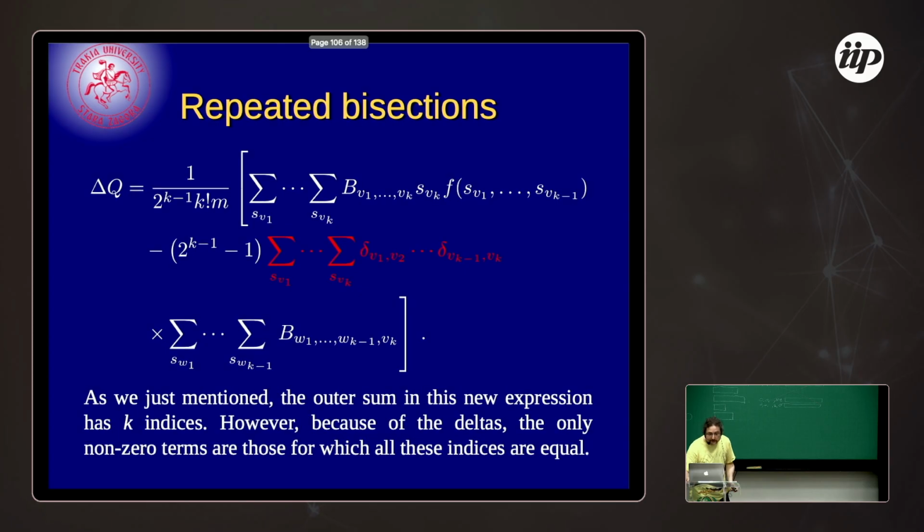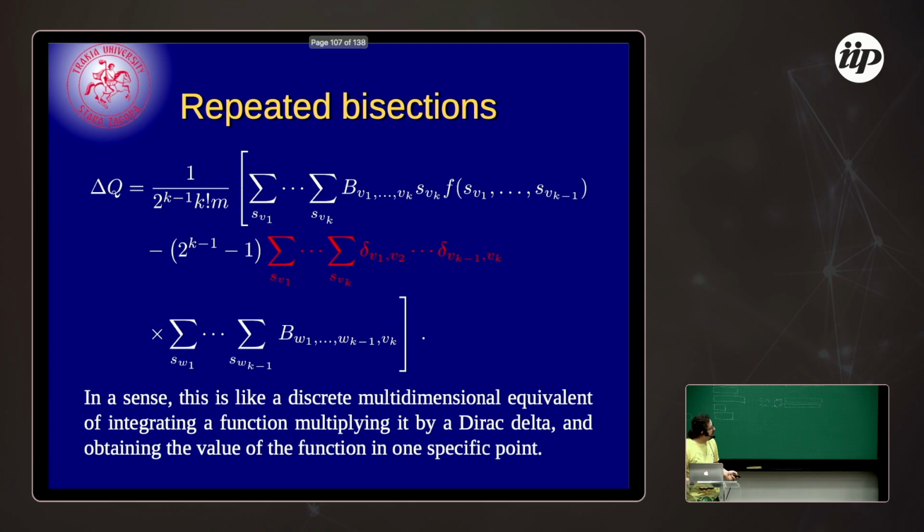So why am I doing this? I just did the colors here to make it clearer what I was saying, but there you go. See, the only terms that are non-zero are when the indices are all the same. So yes, this is effectively